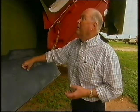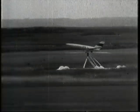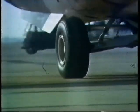The F-111 operated at speeds above Mach 2.5, which is, as we all know, coming pretty close to 2,000 miles an hour. It operated at very, very high altitudes, very low altitudes. High altitudes meaning up to 60,000 feet and above, and low altitudes meaning as low as 100 to 200 feet above the ground, still supersonic. The key to the F-111...